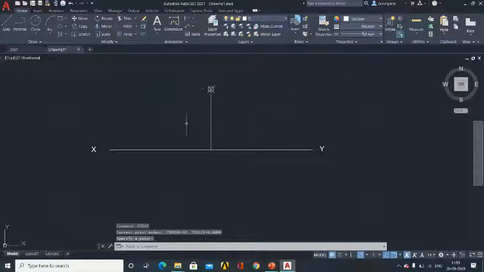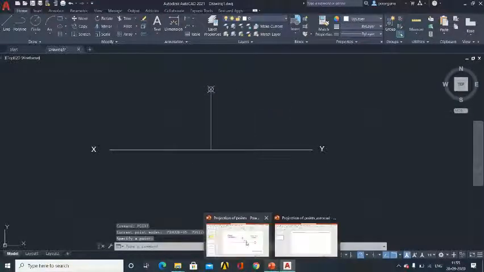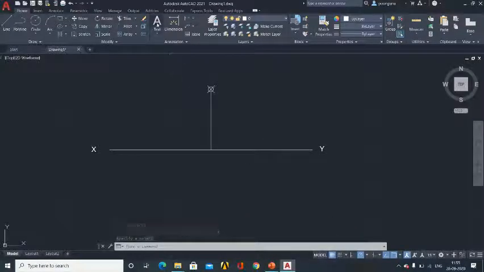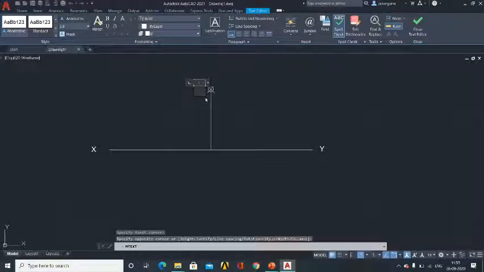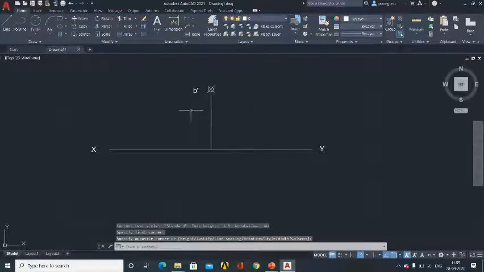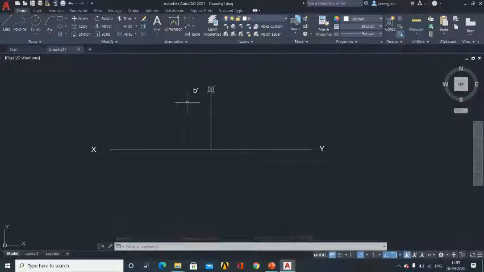So this is my B dash. You can see here, this is my B dash. So I just need to type B dash. So I have drawn the front view B dash, which is 30 mm above the HP.